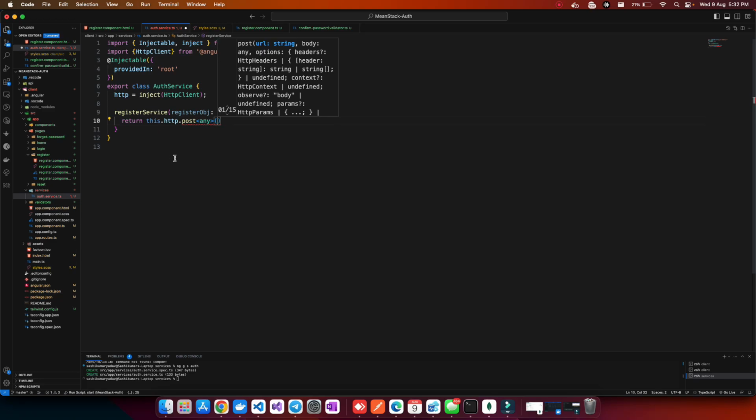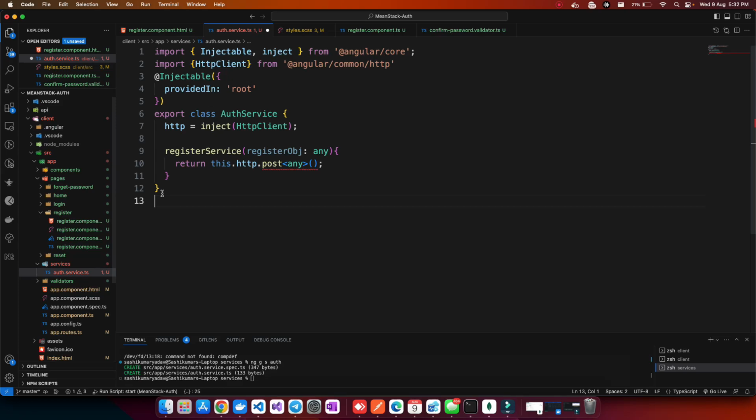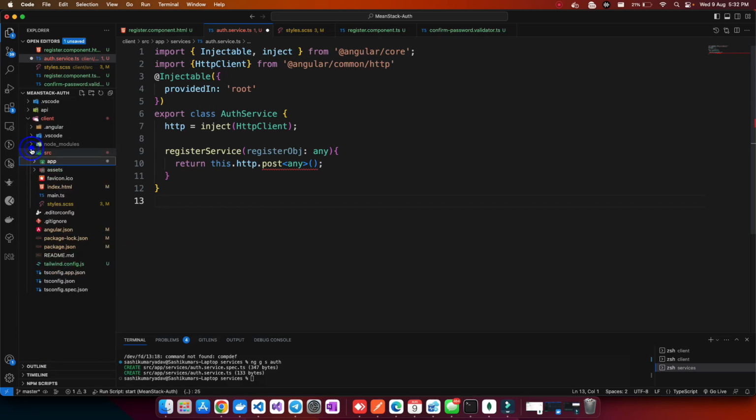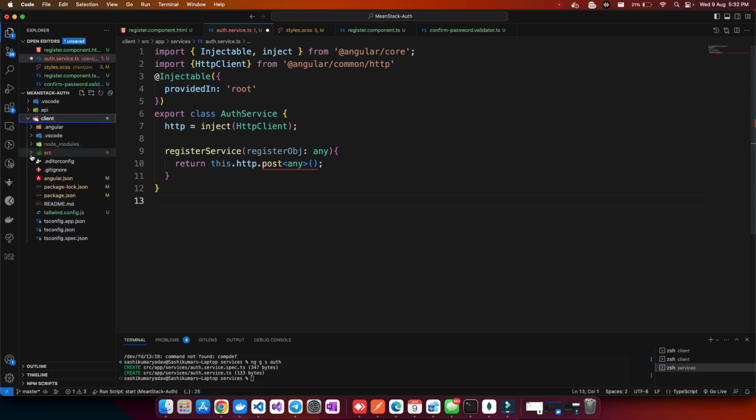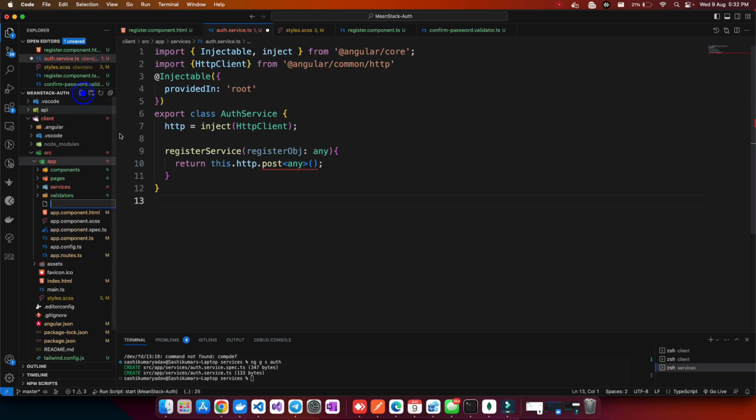Okay, so the best thing is, whenever I want to create an API URL, I will create my API URL configs. Let me show you what I'm trying to explain. Now what we will do in this app directory, let me close everything in the client app, in the src, and in this I am going to create my constant. The name will be